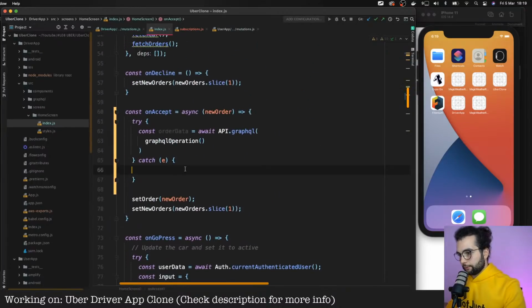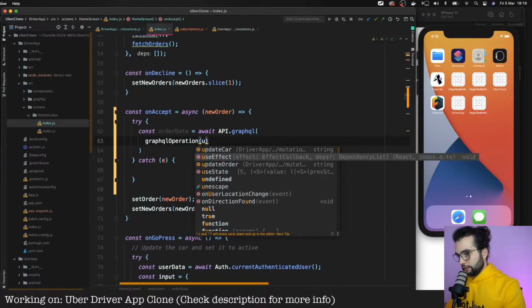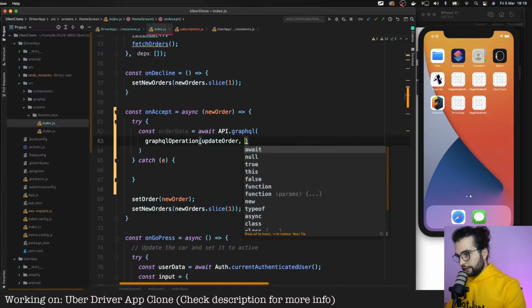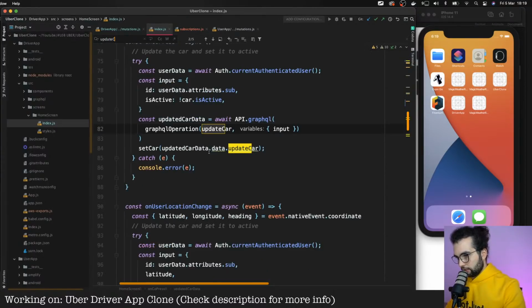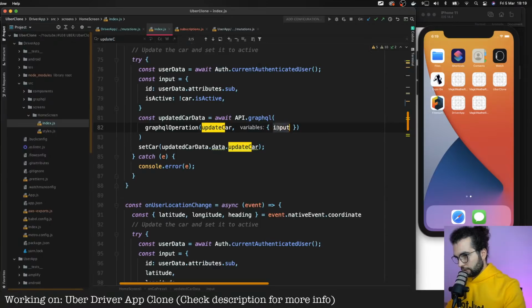Here on accept, update order, and the input will be... do we have update car input?